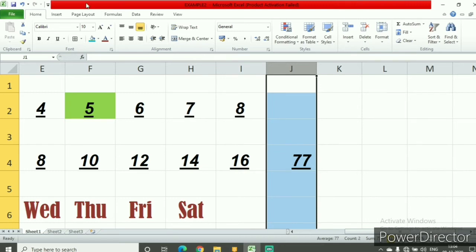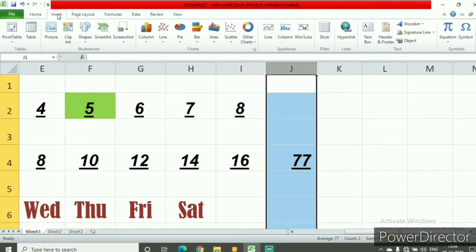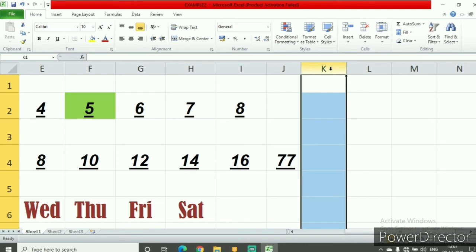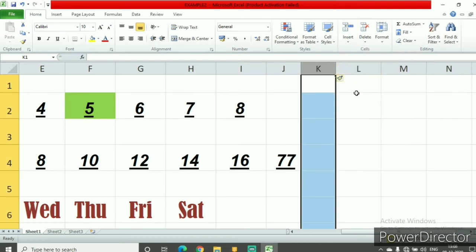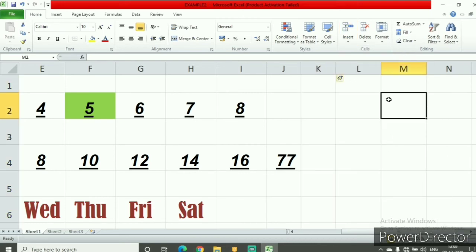So for that I have to go to the home tab, to the insert option, and from here I have to add a column. Suppose I select this K column. If I want to insert a column next to it, I just have to say insert and then insert sheet column. So one more column gets inserted out here.